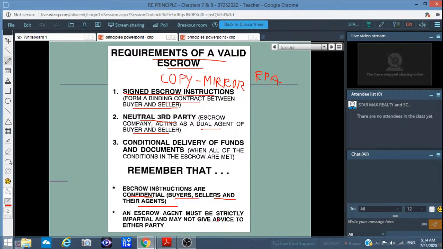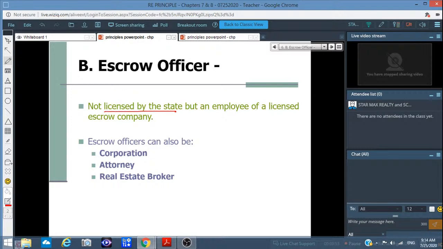An escrow agent must be strictly impartial, they don't side with anybody, okay. 他不帮哪一边的，OK，他就是平衡的，OK。And may not give advice to either party，OK，他们不可以教他们怎么去操作公司的，OK。Escrow officer not licensed by state but an employee of the licensed escrow company。操作人在 escrow 里面名称叫 escrow officer，OK，他的 license，不是州政府给他的，OK，他就是跟那个 escrow 公司打工的，OK。Escrow officer can also be a corporation, attorney, or real estate broker。谁可以做这些动作呢？这是公司，OK，律师还是房产经纪人？